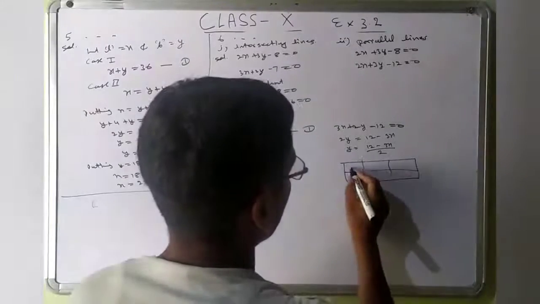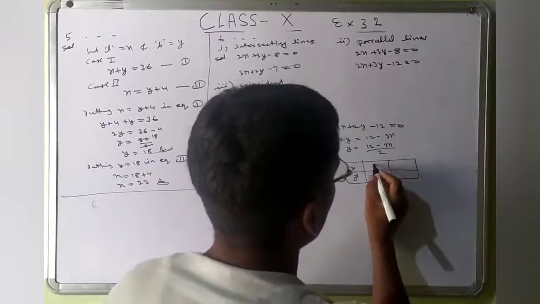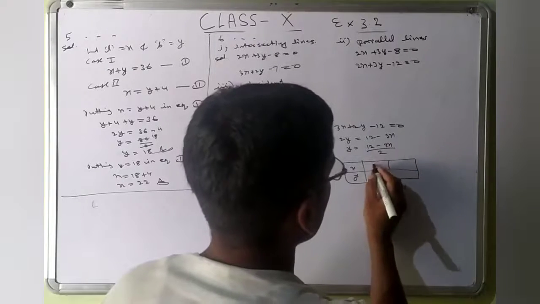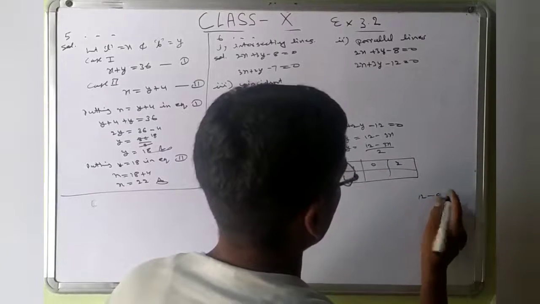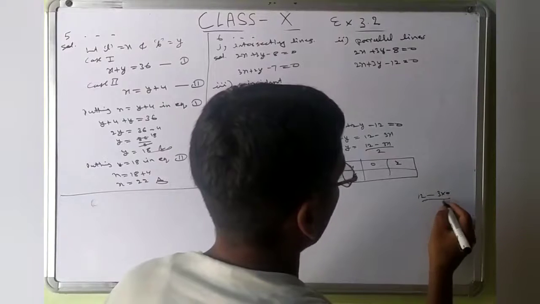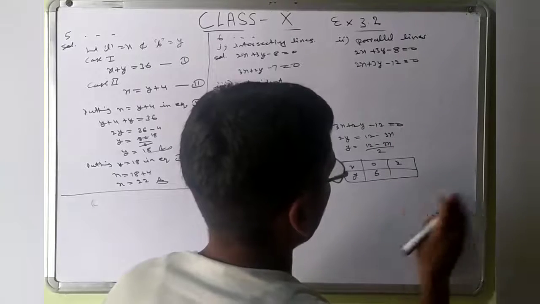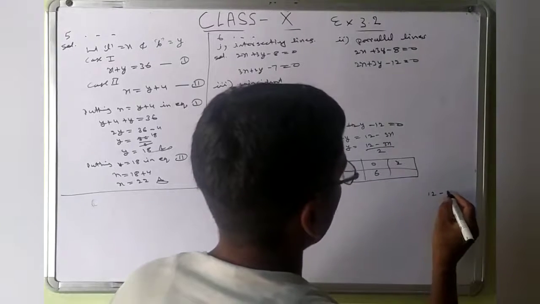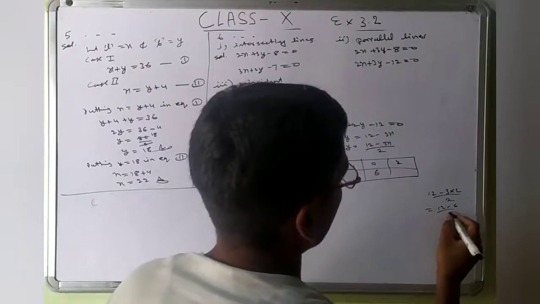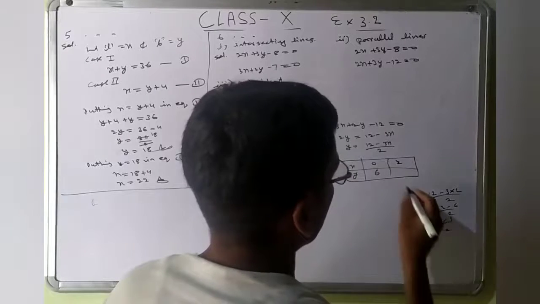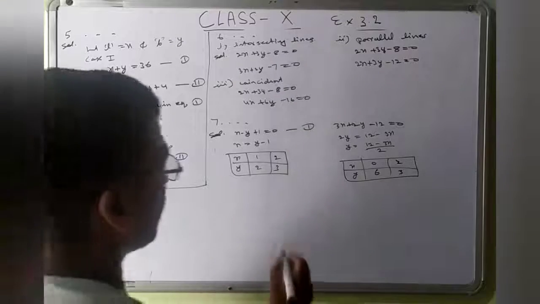Here also x, y. The x values we write here are 0 and 2. So that will be 12 minus 3 into 0 upon 2, so 12 upon 2 is 6. That is 6. And then 2: 12 minus 3 into 2 upon 2, so 12 minus 6 upon 2, 6 upon 2 is 3. So that will be 3. From these two tables you will draw a graph.